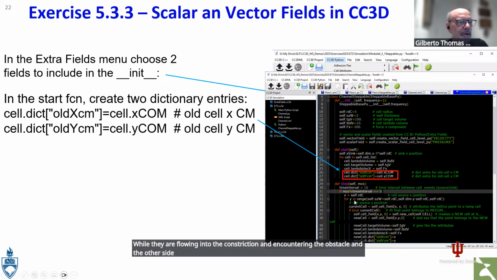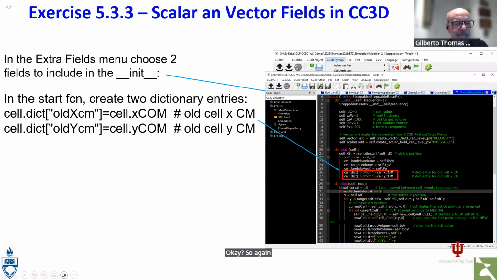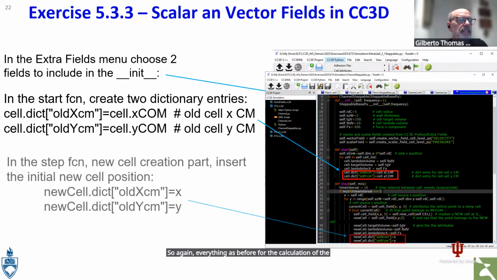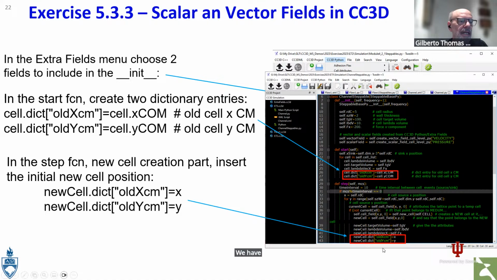So again, everything as before for the calculation of speed and velocity. We update here the new cell. Why? Because